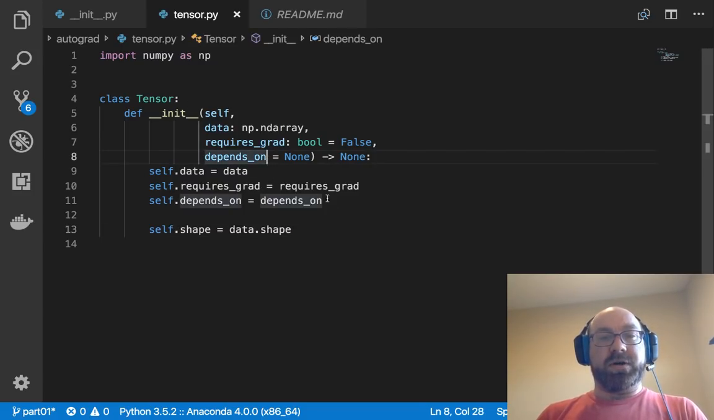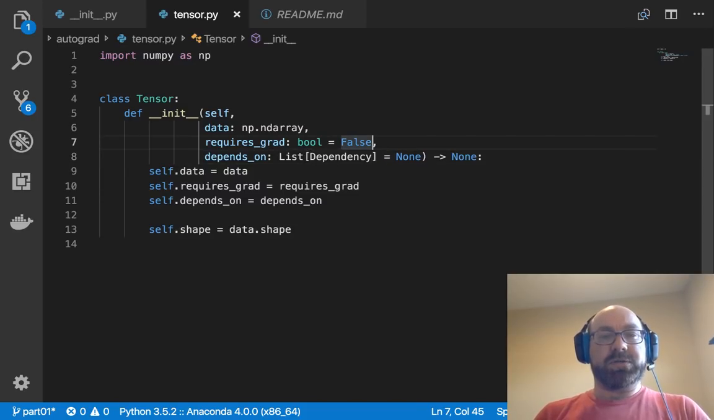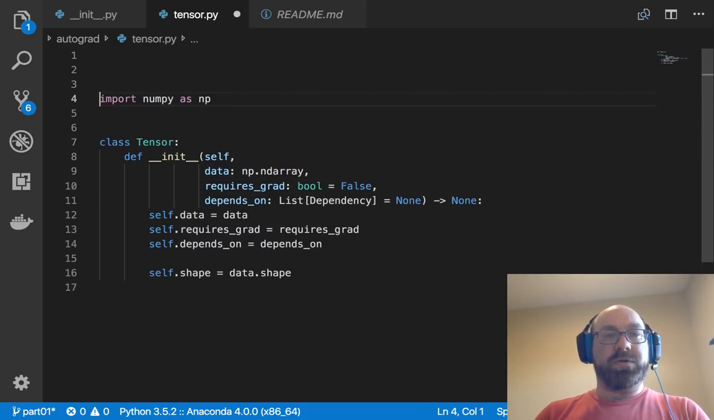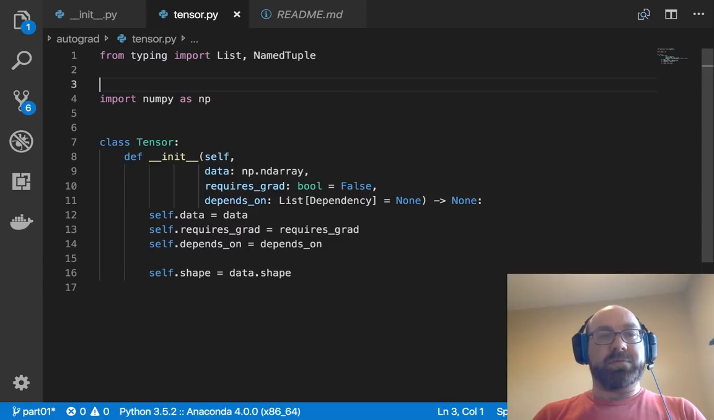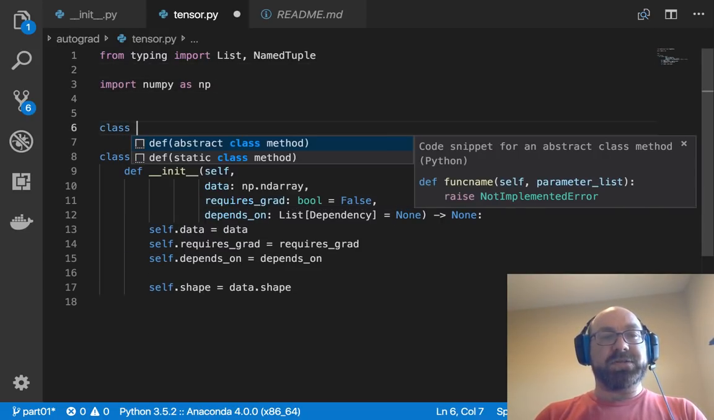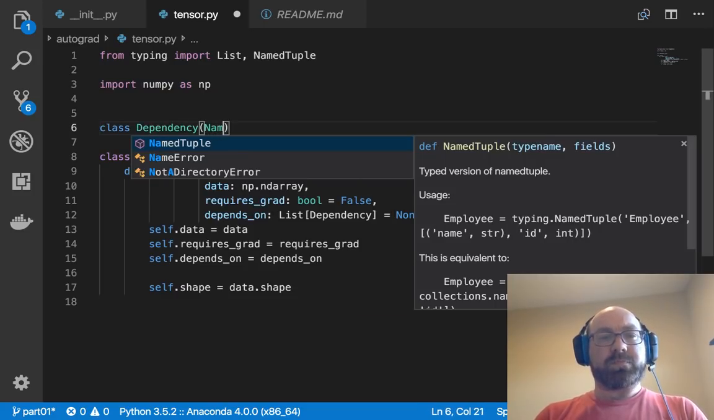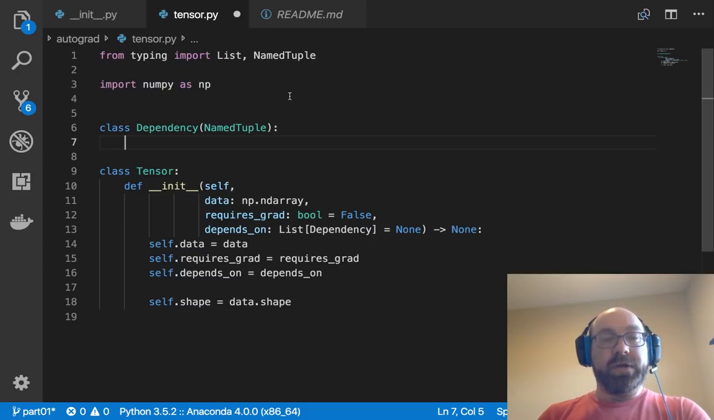And so I punted on what depends_on looks like, but I'll call it a list of dependencies. And so to do that, say from typing import List, and also NamedTuple. I use named tuples everywhere, and hopefully you do too. And so I need to define a dependency type. And I'll just make it a named tuple because it won't do anything other than store a little bit of data. And so this tensor may depend